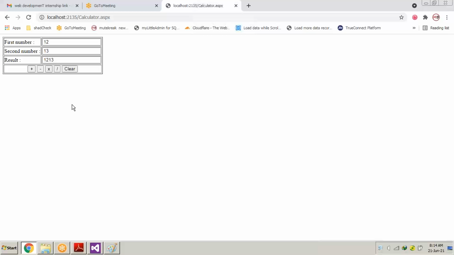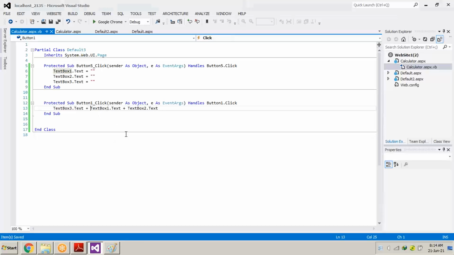Attaching means fixing one text box 1 and one text box 2 together. It's not giving me the sum of 12 and 13. It's just attaching text box 1 and text box 2. What is text box 1? 12, and what is text box 2? 13. That's why we have to write val.